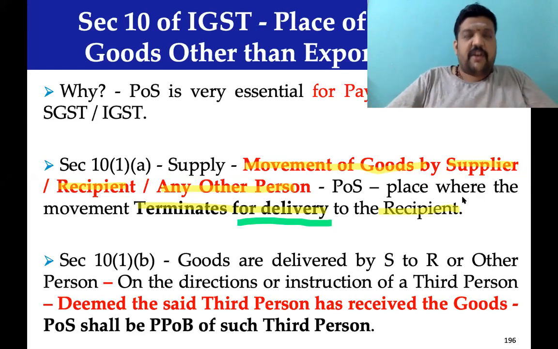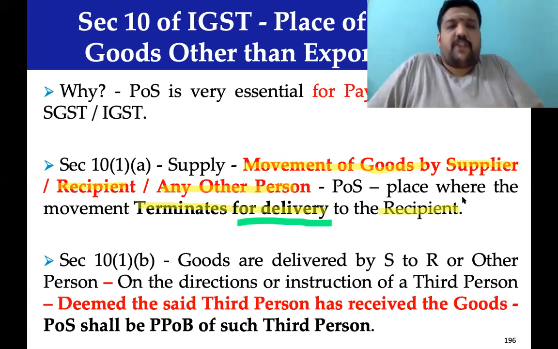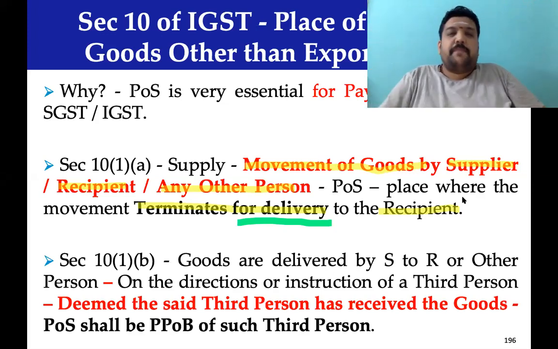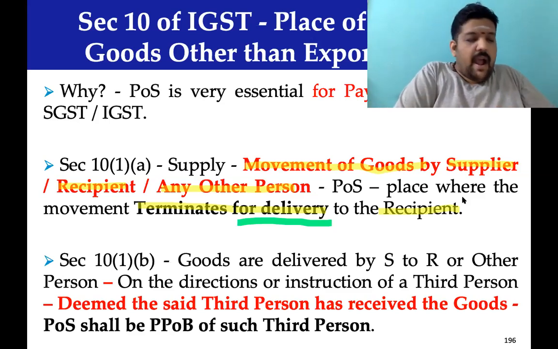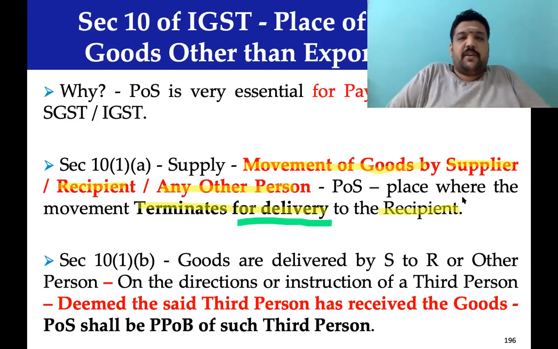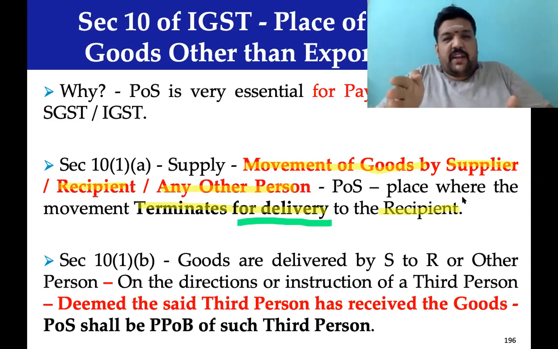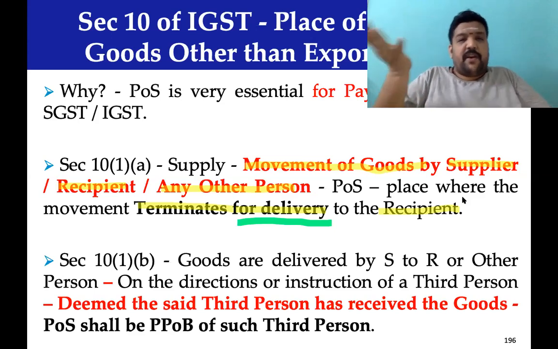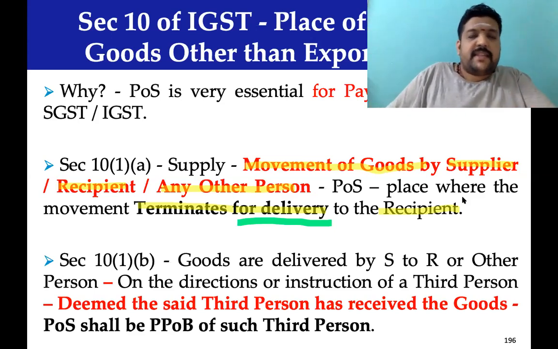You come to this law, read the preamble of this law, read the object of this law. Unless I pick my recipient's place as the place of delivery, I cannot bill him IGST. When I cannot bill him IGST, my recipient will not be eligible to claim credit. When my recipient does not claim credit, the chain of credit stops. When the chain of credit stops, the cost of the product goes up. It goes back to the cascading effect, double taxation, and so on. Now,